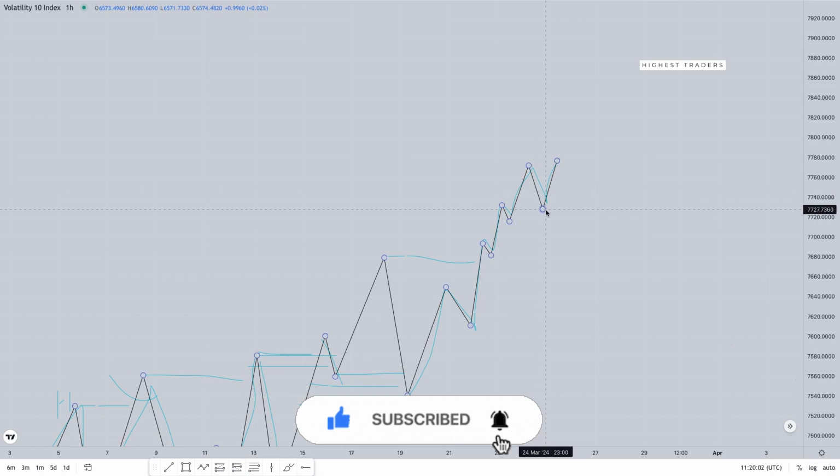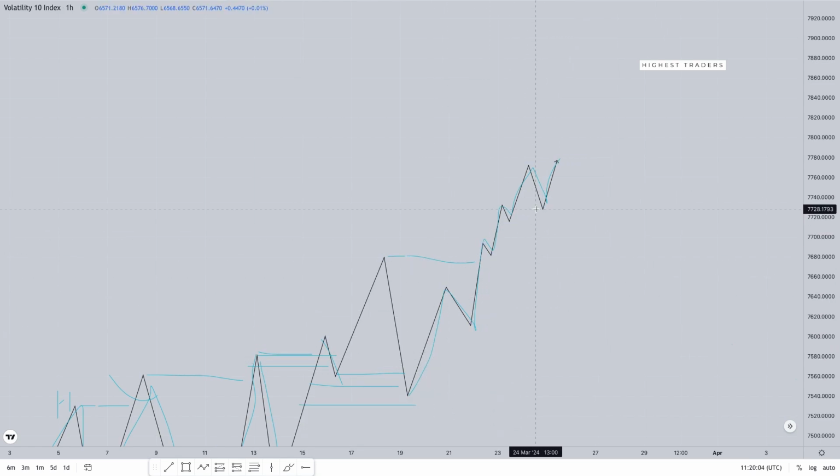All right. So for this example, this is the inducement, because this is the first significant pullback after the break of structure. Understand? After the break of structure. So the structure was broken here. After that, where is the first significant pullback? This one. These are pullbacks, but these are not significant pullbacks.